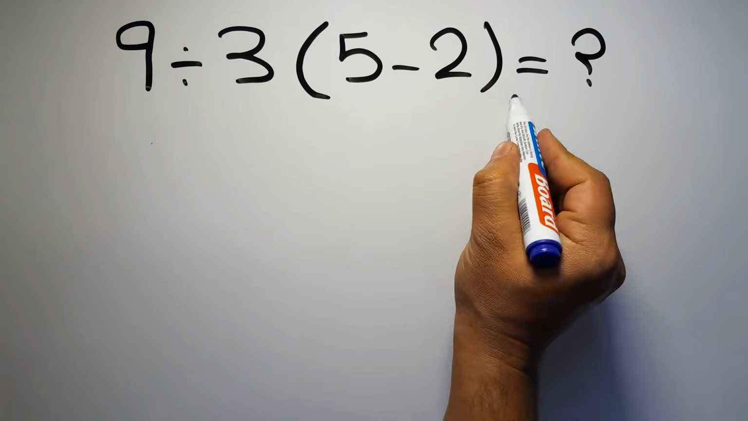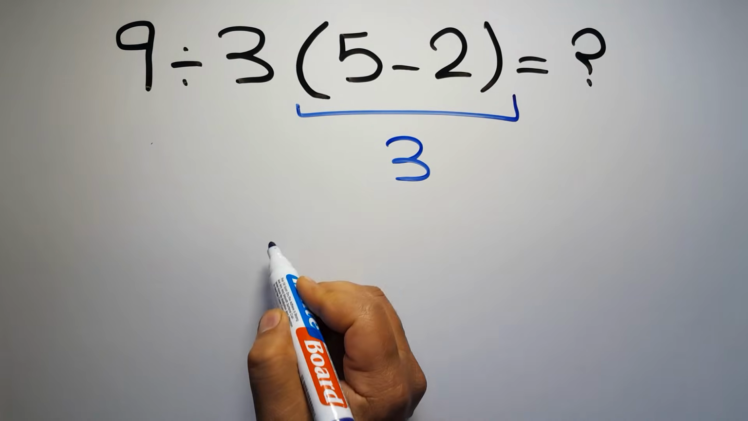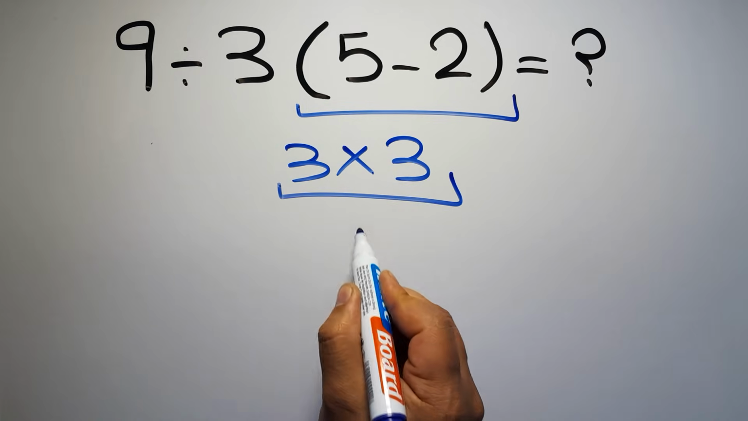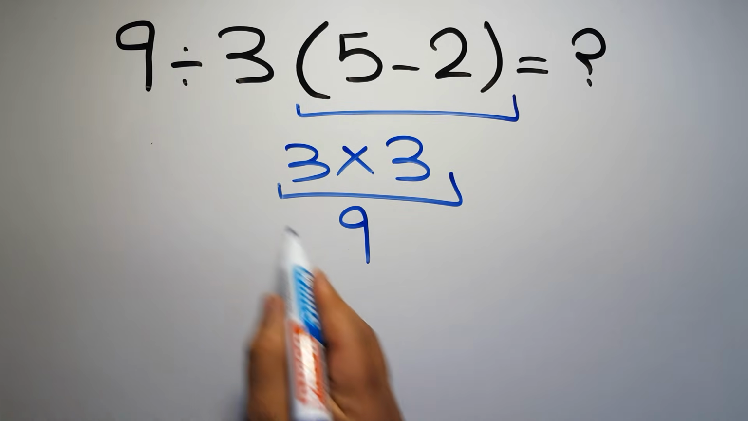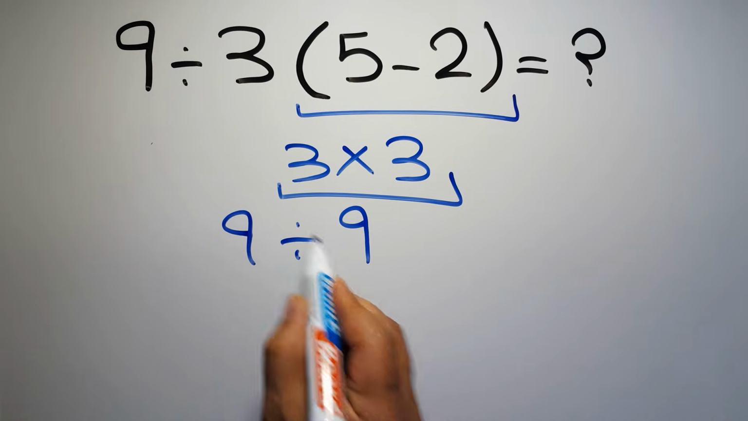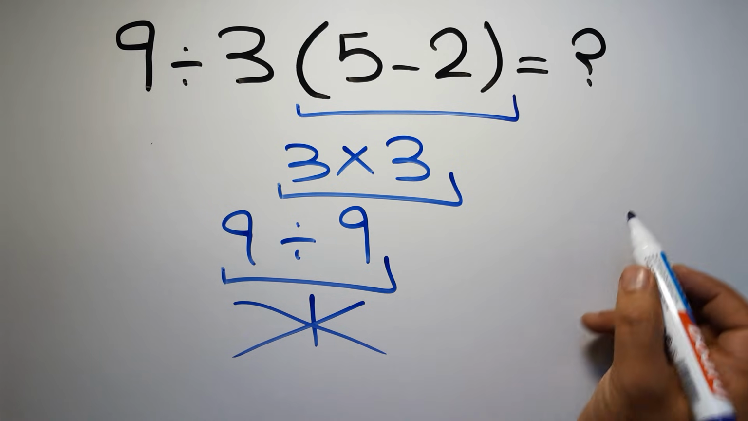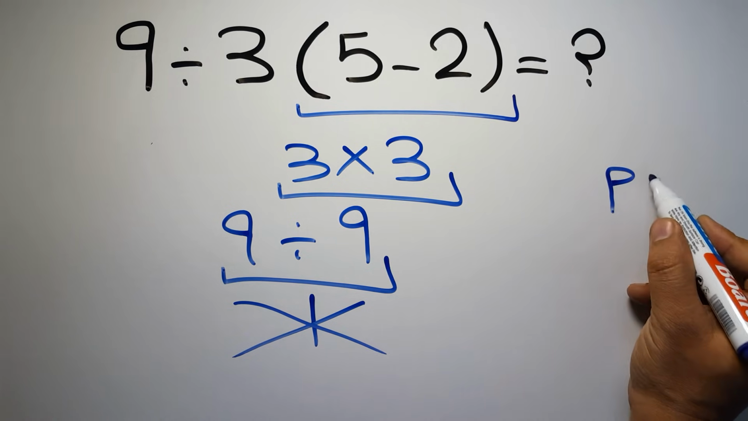5 minus 2 gives us 3. And 3 times 3 equals 9. So 9 divided by 9 is just 1. But this answer is not correct, because according to the order of operations, first we have to do parentheses, then